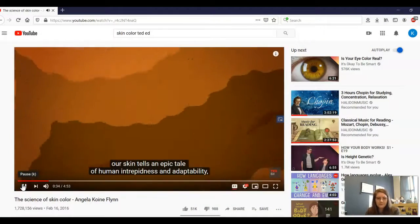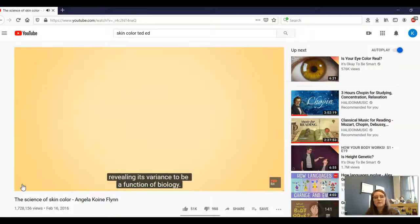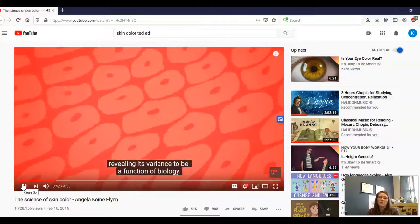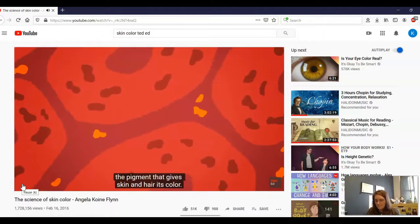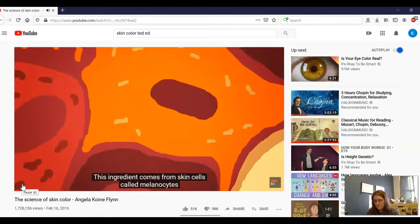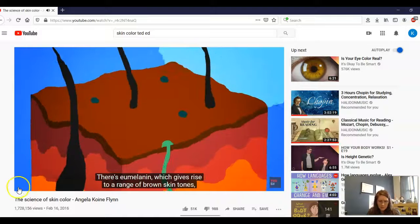Tells an epic tale of human intrepidness and adaptability, revealing its variance to be a function of biology. It all centers around melanin, the pigment that gives skin and hair its color. This ingredient comes from skin cells called melanocytes and takes two basic forms. There's eumelanin, which gives rise to...